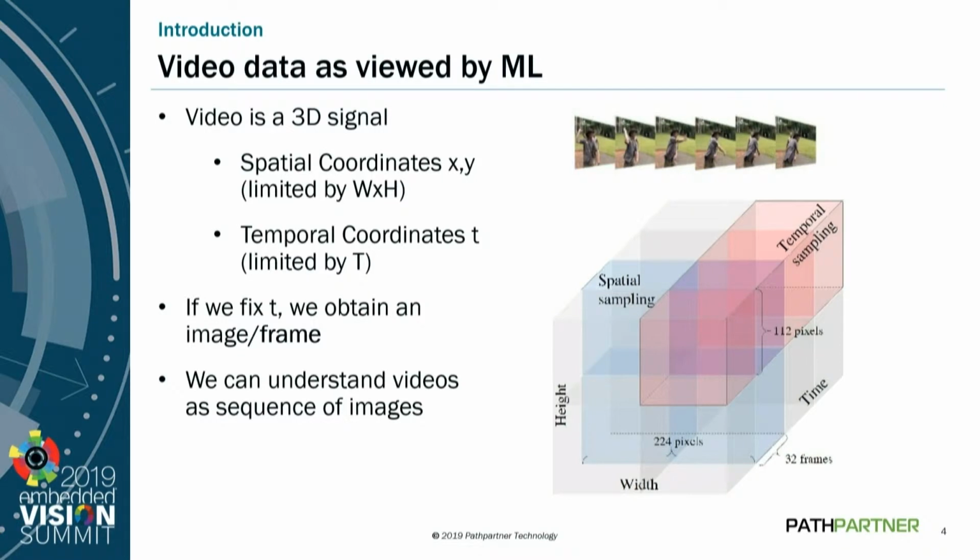So basically, for any machine learning or signal processing algorithm, video data is basically a 3D signal. Just like an image is a 2D signal, video data is a 3D signal that you can traverse across using your spatial coordinates and your temporal coordinates. So we are working with two modalities, actually, the spatial and the temporal modality. And one way to interpret videos is as a sequence of frames. So we fix the time index and we obtain a frame. So one way that we can understand videos is as a sequence of frames. And the notion of sampling in a video volume works pretty much the same way as it does in images. So there's sampling in both space and time direction that's possible to do because this is just any other 3D